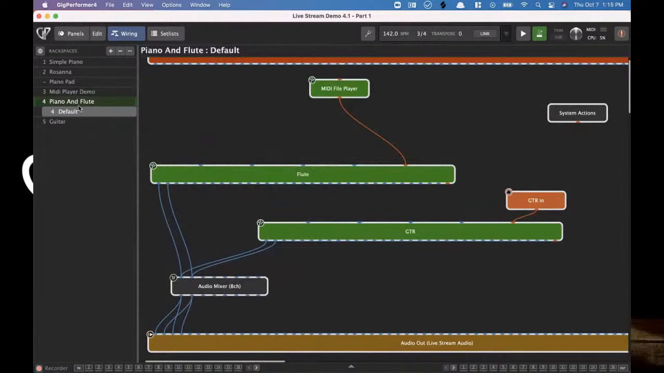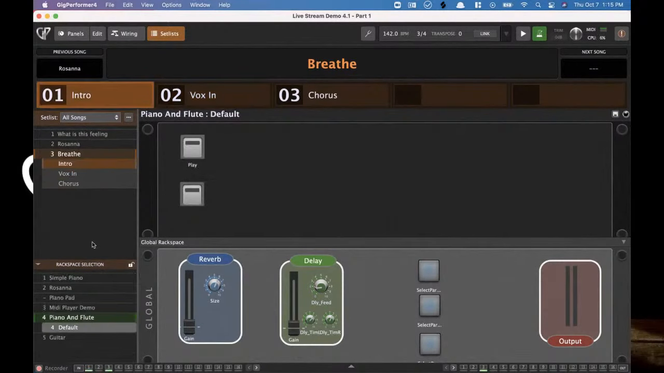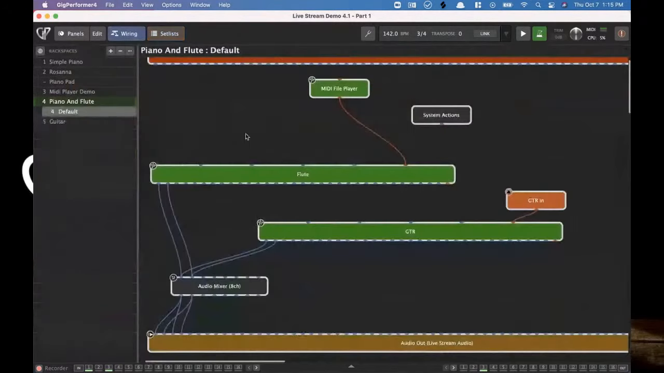Okay, so piano and flute, this piece here, which I'm going to use in a second, has a system actions block in it. So when I pop over to my set list, oh, it's already loaded. How about that? No, piano and flute. Here it is. Okay. So for example,